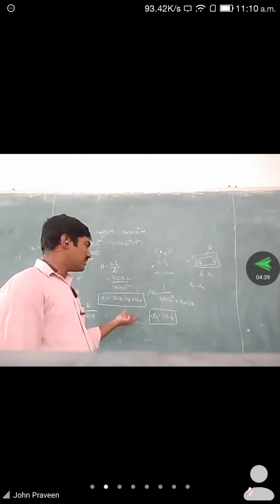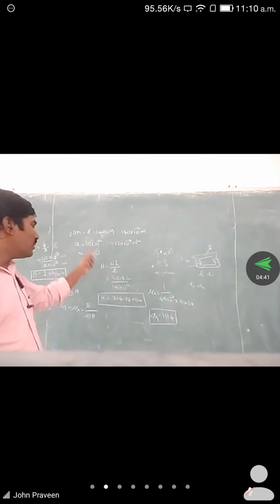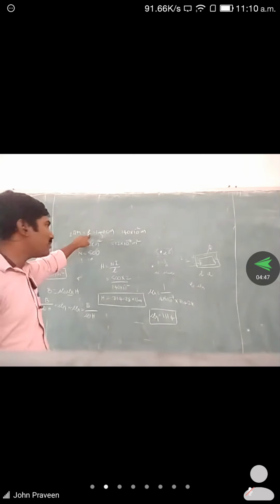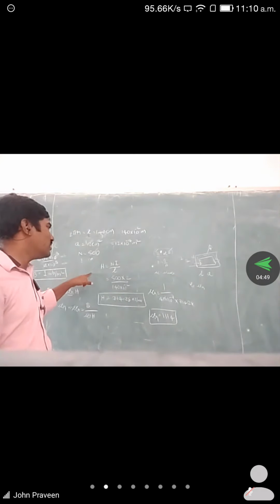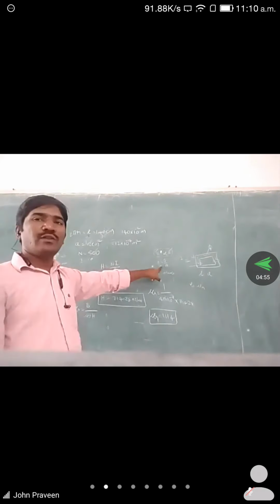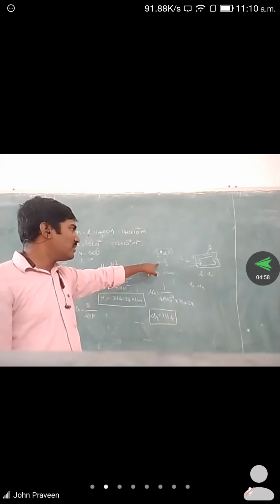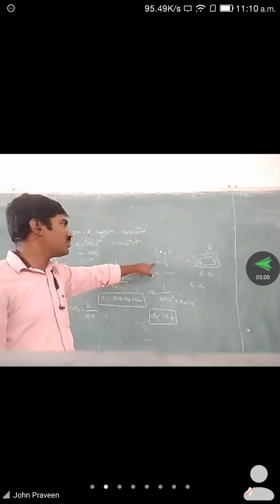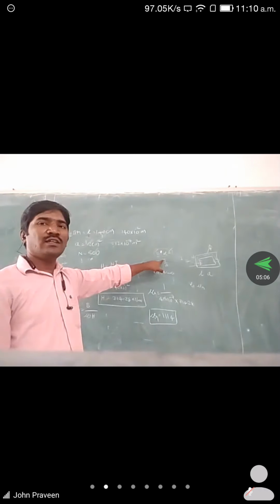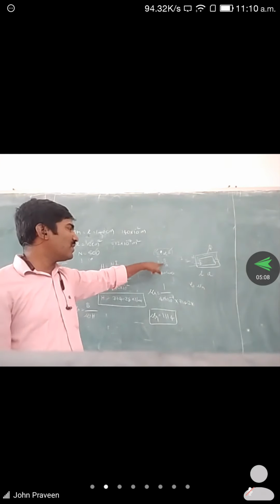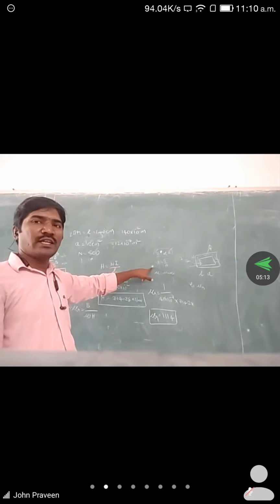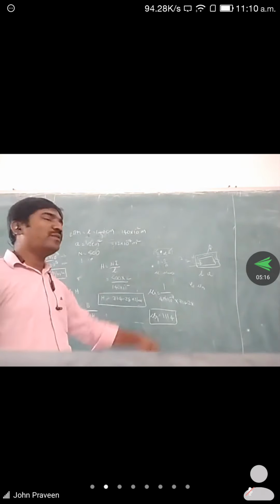Sometimes the length may be asked. All data will be given except the length value, so we want to find out the length. Sometimes all data will be given, and there is a need to find out the phi value. How can we find out the phi value? This formula will be used. For example, in this problem the flux density B is given and area is given, and we want to find out the phi value. Simply with the help of this formula, we substitute the B value and A value. Then phi is equal to B into A, and we get the value. That formula will be used.